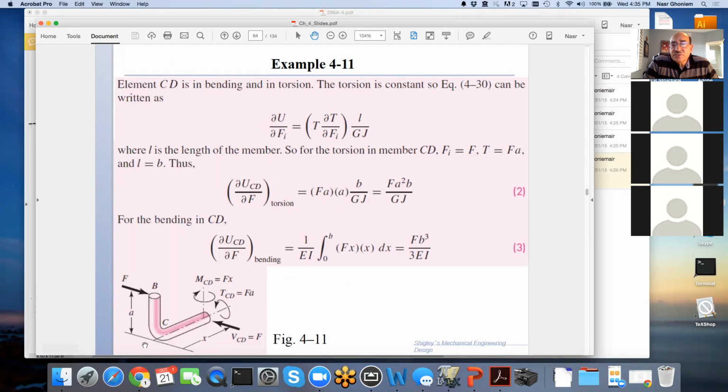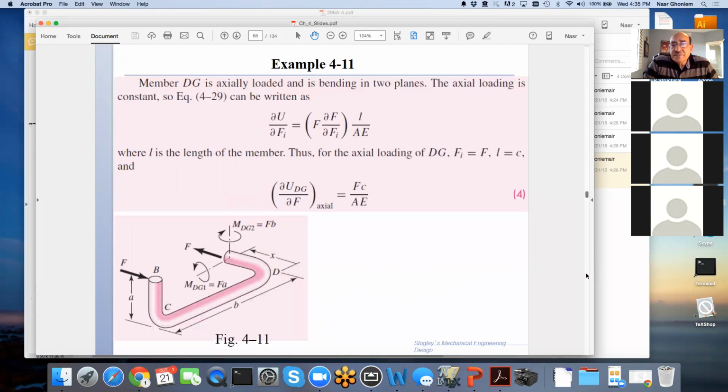So summarizing, I have a straight section in bending only, and then I have a horizontal section that has bending and torsion. So two contributions, one bending, one torsion. And then the last section now is another